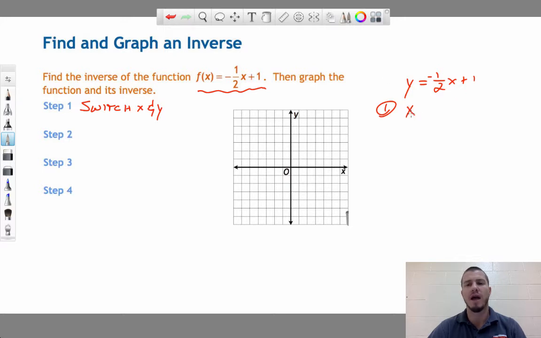I'm going to switch my x and y. So x equals -1/2 y plus 1. Just like when you were given the points and you were asked to find the inverses, you switch your x and y. So same thing with the function. Switch the x and y and then solve for y. So I have to subtract 1. I get x minus 1